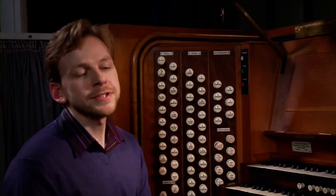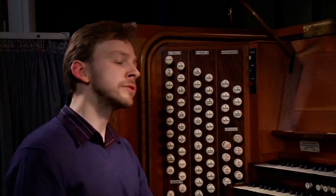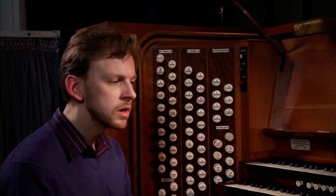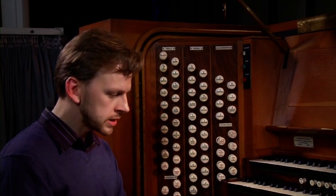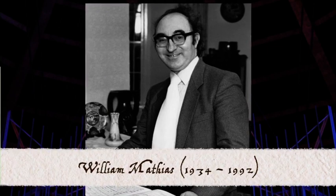English organists in the 1950s and 60s improvised in a fairly traditional manner. They would use traditional harmonies, chords. It would sound very Mendelssohnian. Real progress in organ music was found more in composition rather than improvisation, and the leading key figure here was William Mathias. His organ music was full of energy and excitement, and he uses a technique which is called quartal